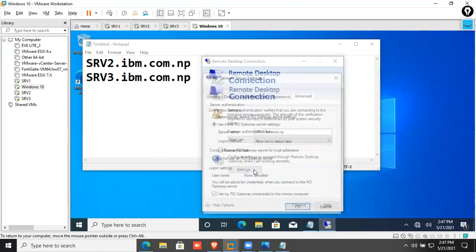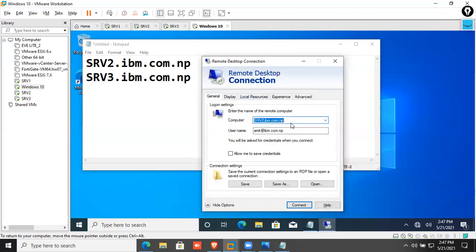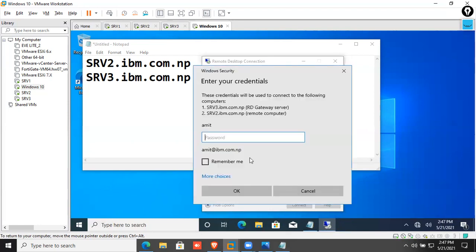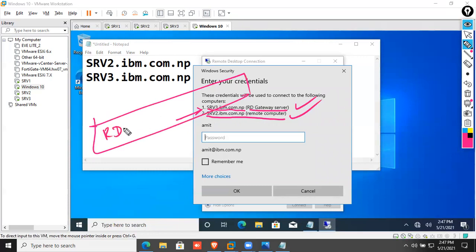So the difference is that normally you have to put your gateway server over here, and you still need to put your session host server. So connect and see. It is clearly showing what this means. This means server3.ibm.com.np is a gateway server, and it is going to map to server2.ibm.com.np. This means the first header of your packet is going to be tagged with the RD gateway,